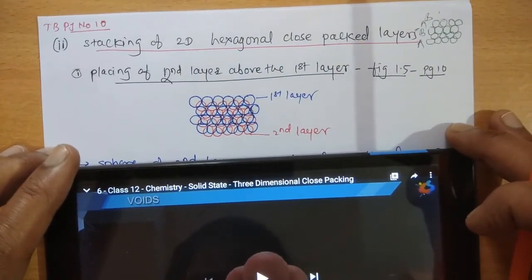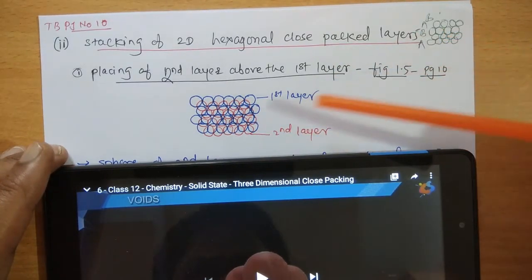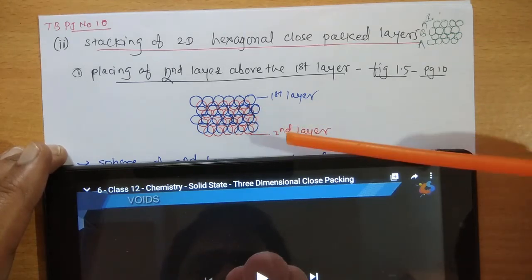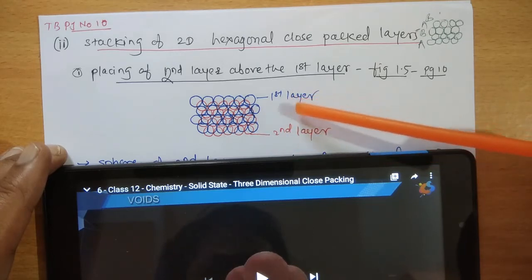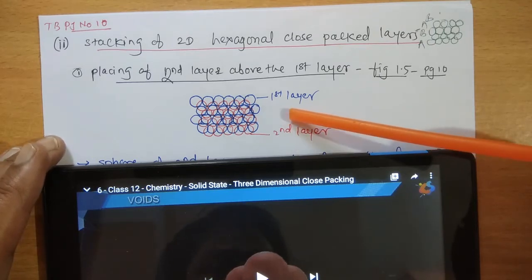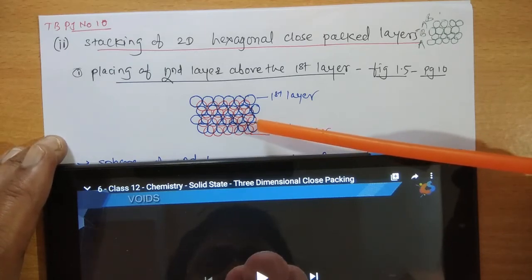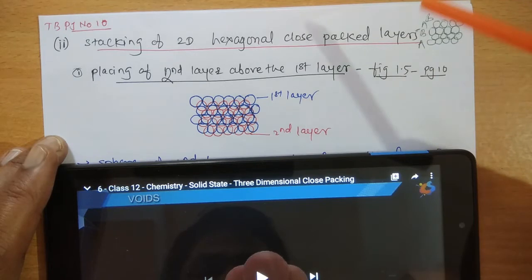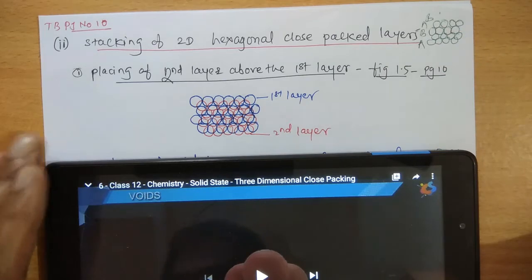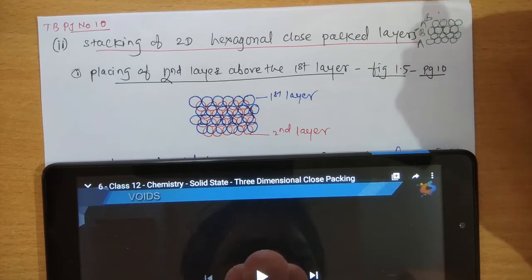Now see, when we place the second layer over the first layer, the second layer does not align with the first layer. That means if the bottom layer is labeled A, then because the second layer is different, it is labeled B. Whatever spaces are left in between are the triangular voids.